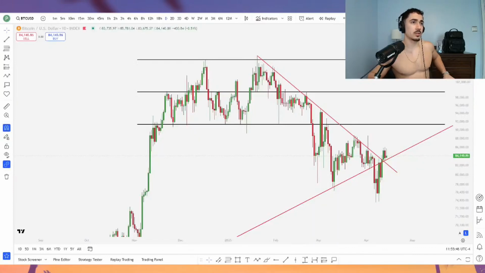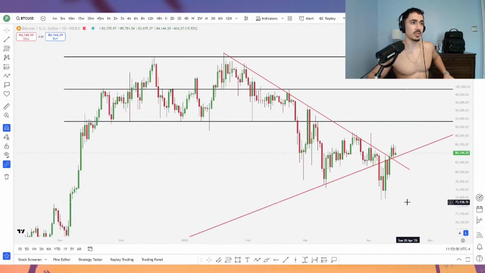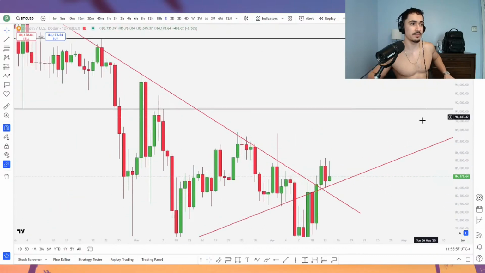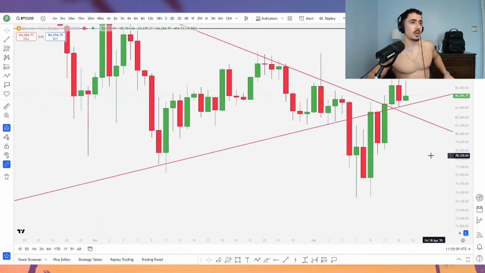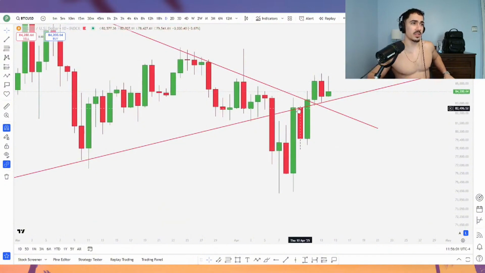Okay. So that's where we're at with rate cuts. Let's take a look at Bitcoin. This is what had me cautiously bullish again since last time we met. Last time we met was on Thursday, which would have been right here, this candle right here. On Thursday, we opened up with this daily candle right here. This is where we opened at 82,600, and we nuked immediately off of this open and then closed at 79,000.